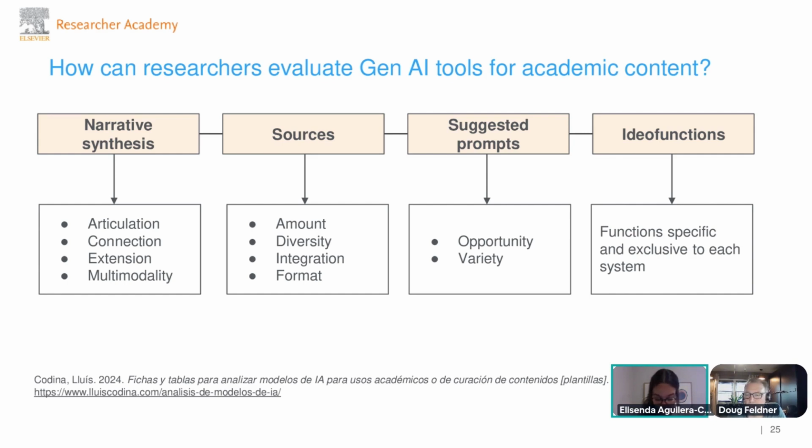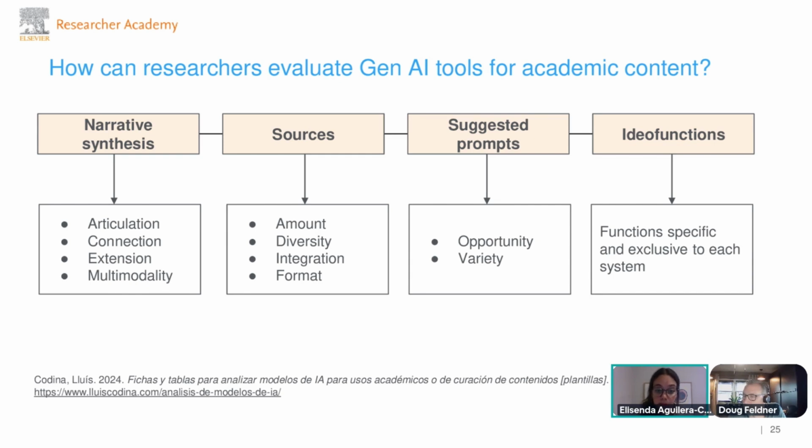So again, you will be able to access this through the link, although it's in Spanish, it will be very easy to translate. But yeah, considering the narrative synthesis, we would be looking at structure. Is the text structure, does it come in paragraphs? Is there a connection between the paragraphs? Is there a conclusion paragraph summarizing the text? How extensive is the text? We would say the more extensive, probably the better, more information we're getting. And also multimodality. Is the tool providing other resources? In this case, we can say yes, Scopus AI is providing other forms of information via, for example, the concept